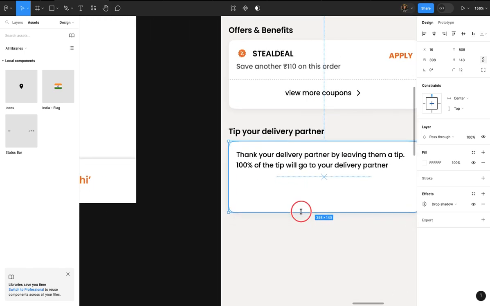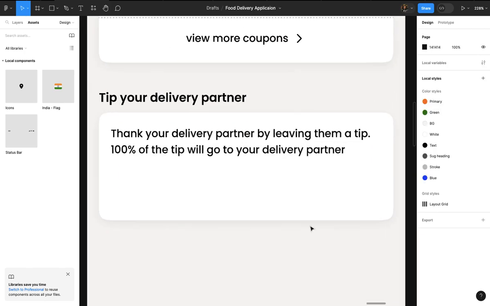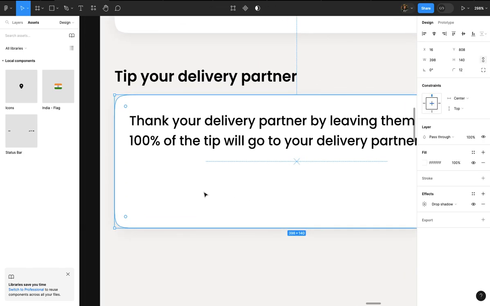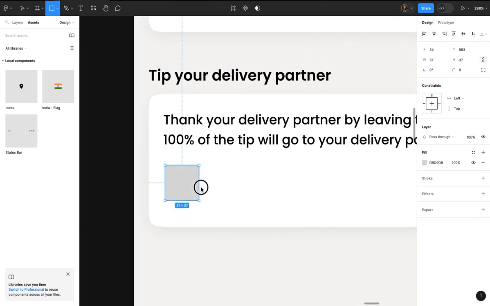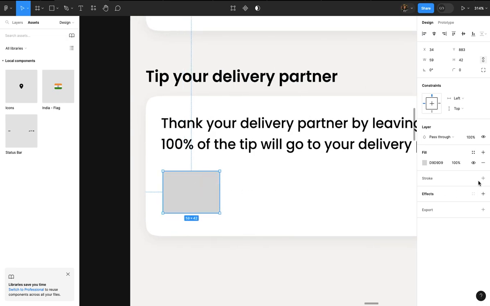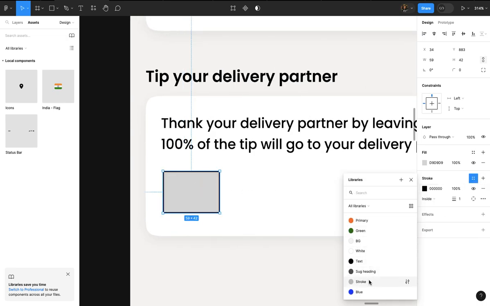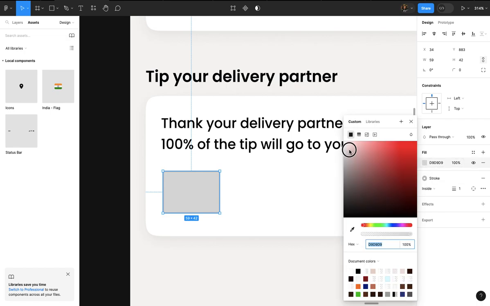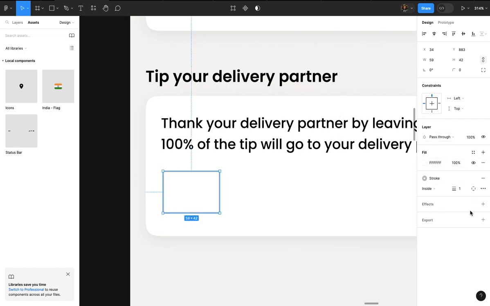Okay, now we need to give some options, how much amount you want to give to the delivery partner. Give a stroke, give it white, and give a curve of 4,